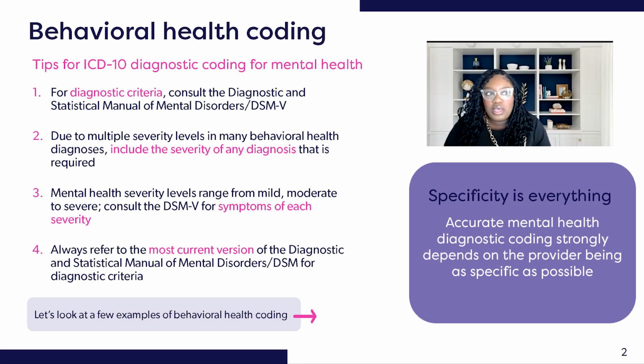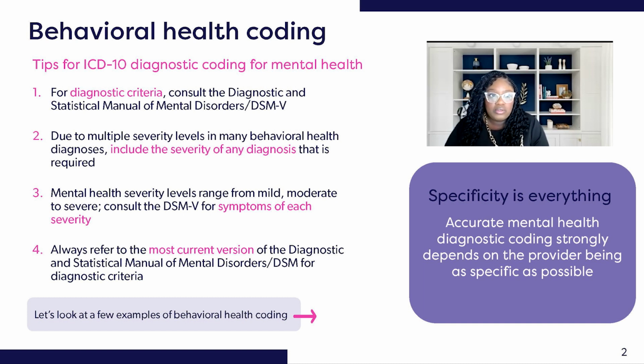Here are some tips for coding ICD-10 diagnostic coding for mental health codes. For diagnostic criteria, you want to make sure you're consulting the Diagnostic and Statistical Manual of Mental Health Disorders, also known as the DSM. Right now, they're on version 5. Again, they outline the diagnostic criteria for any mental health diagnosis, substance abuse diagnosis. It's all in there, and it's very clear what the parameters are in order to diagnose a patient with those